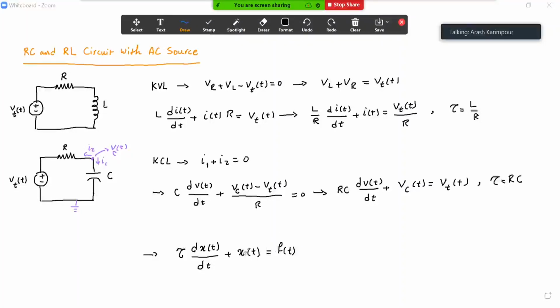So it's the general format that they write the equation, and in this equation,